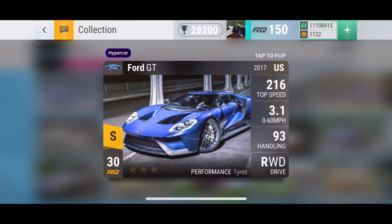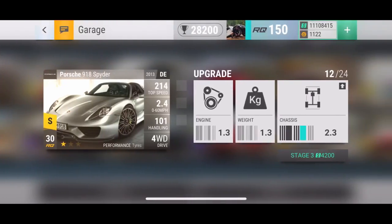Another honorable mention is the Ford GT. I have the 2005 version, but I would love the 2017 Ford GT in my garage one day. But my favorite RQ30 car in the game goes to the Porsche 918 Spider. I don't know what to say. I'm a huge fan of Porsche, and this whole list was literally just